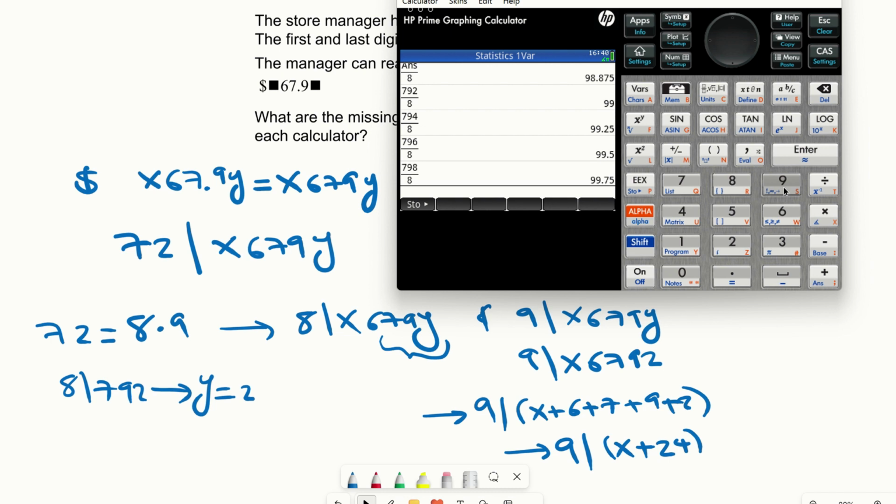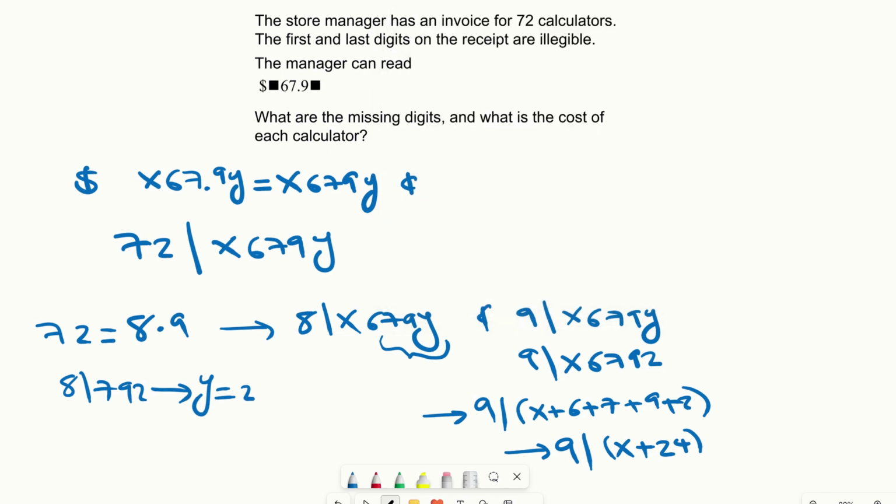No, it doesn't. So the only possible value for x is 3, because that's what makes 24 plus x so that 9 goes into it, right? So we know that 9 goes into 27, therefore x must be what? 3. So now we have both x and y, so we can go ahead and fill them in to the